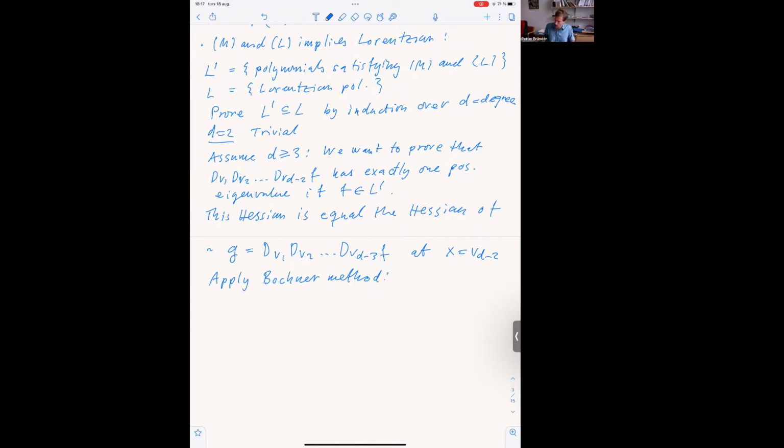So now if we look at this, we want to check that the derivatives are now Lorentzian, right? To apply this, we want to deduce that the derivatives have Hessian with exactly one positive eigenvalue. And to do this, we write this as, this is by definition